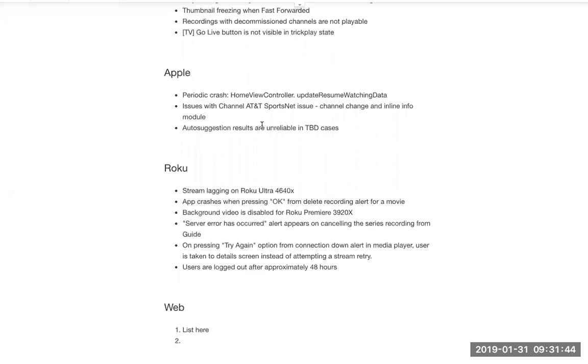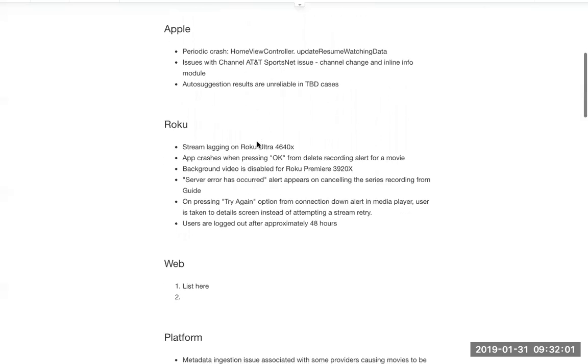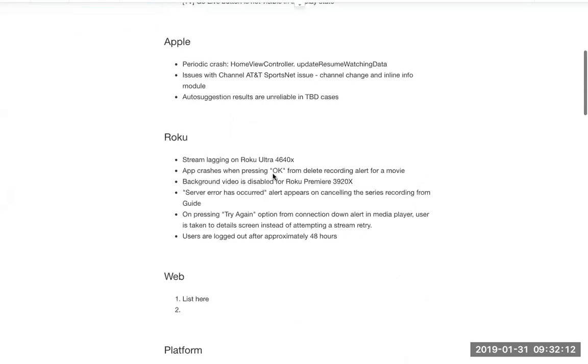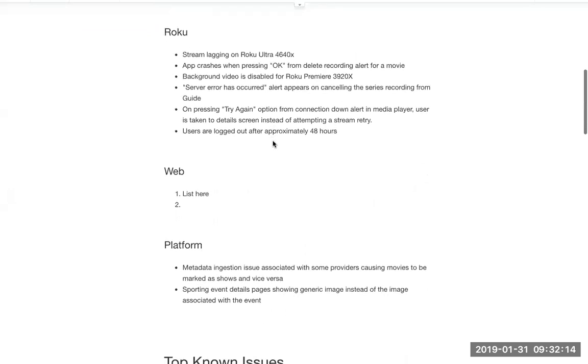They were fixed, and then we also noticed some auto suggestions when you start to type in the search experience. The things being returned character by character as suggestions for what we think you're trying to search for weren't looking right, so there were some updates to that service to make sure we give as relevant auto suggestions as possible. On the Roku side, some of the issues that we fixed were around